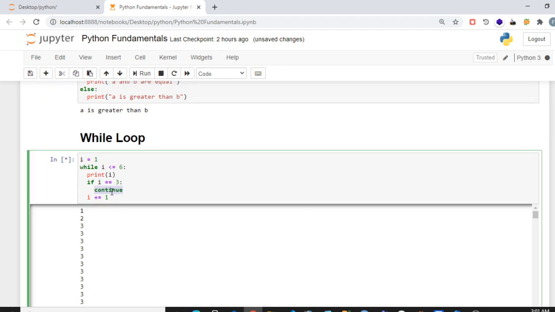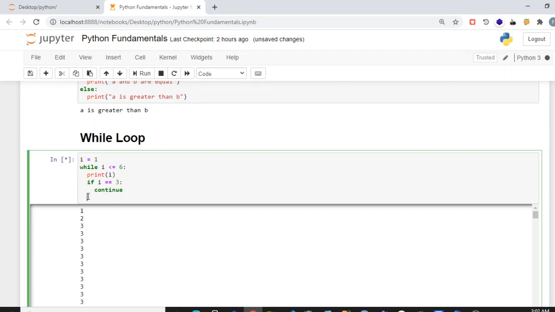Let's break this. We made a mistake. The mistake is, if i is equal to 3, we have told it to skip this step, so it skips the increment step too.